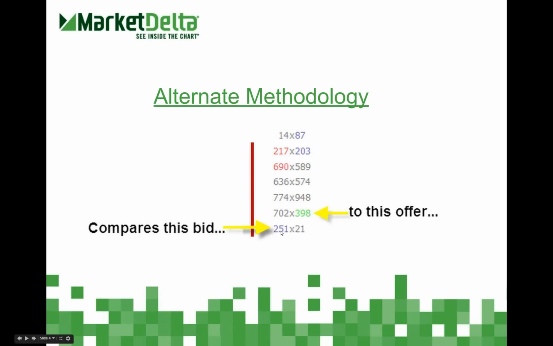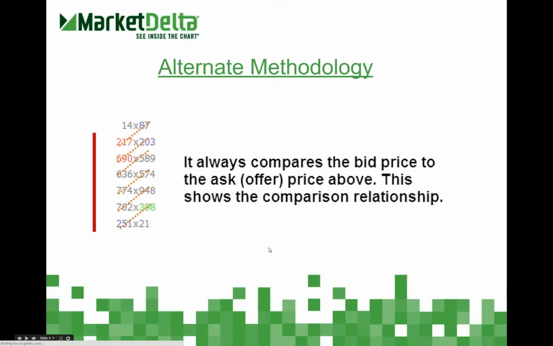So it compares like this, not like this. Hopefully you can see my cursor moving. Let's take a look at the next slide. This maybe shows it. What it's doing is it compares the bid price to the ask price above. This is always the relationship using this methodology. So you've got this price being compared against this one, being compared against this one, against this one, so on